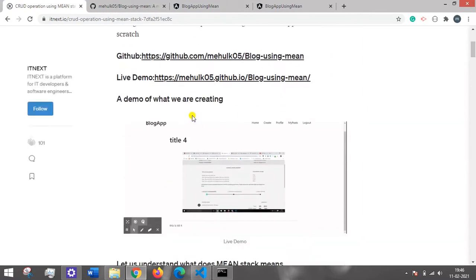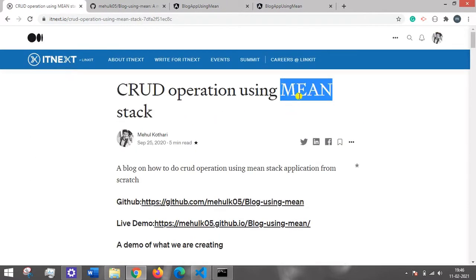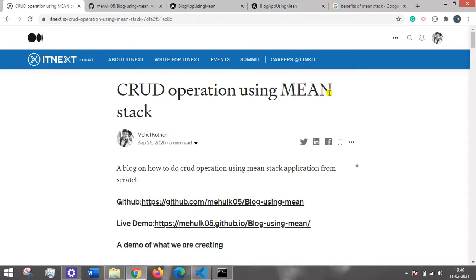So now after going through MEAN stack, why are we using MEAN stack, what are the benefits of the MEAN stack? When we talk about MEAN stack, it is very fast because in the backend we use MongoDB, and MongoDB is not a traditional database. Instead, it stores documents in a JSON format, so we can directly query our results. We can even query our database using any one of the fields of a JSON.